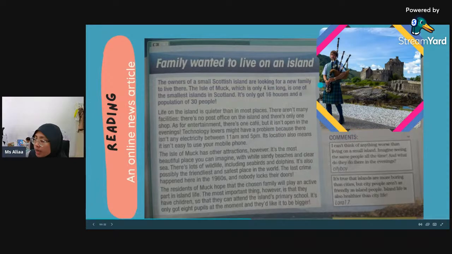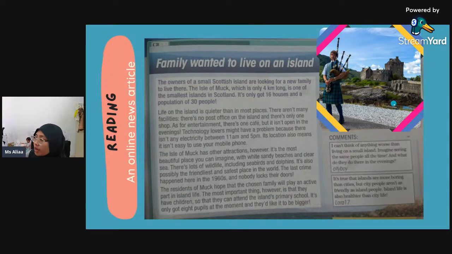Okay, without reading the article yet, we're not reading the article yet, but looking at this photo, can you guess what country this island is in? Negara mana? Mana tempat ni? Okay, look at the man here, wearing kilt and playing bagpipe. And then we have some sort of island over at the back.